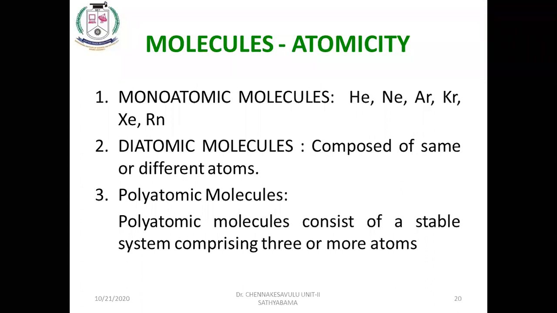Monoatomic means atoms or molecules; we can consider both a helium atom or a helium molecule. A diatomic molecule is composed of two atoms, the same atom or different atoms. Triatomic means it may be the same atom or different atoms; that is known as a triatomic molecule. A polyatomic molecule has n number of atoms. Atomicity means the number of atoms present in the molecule.